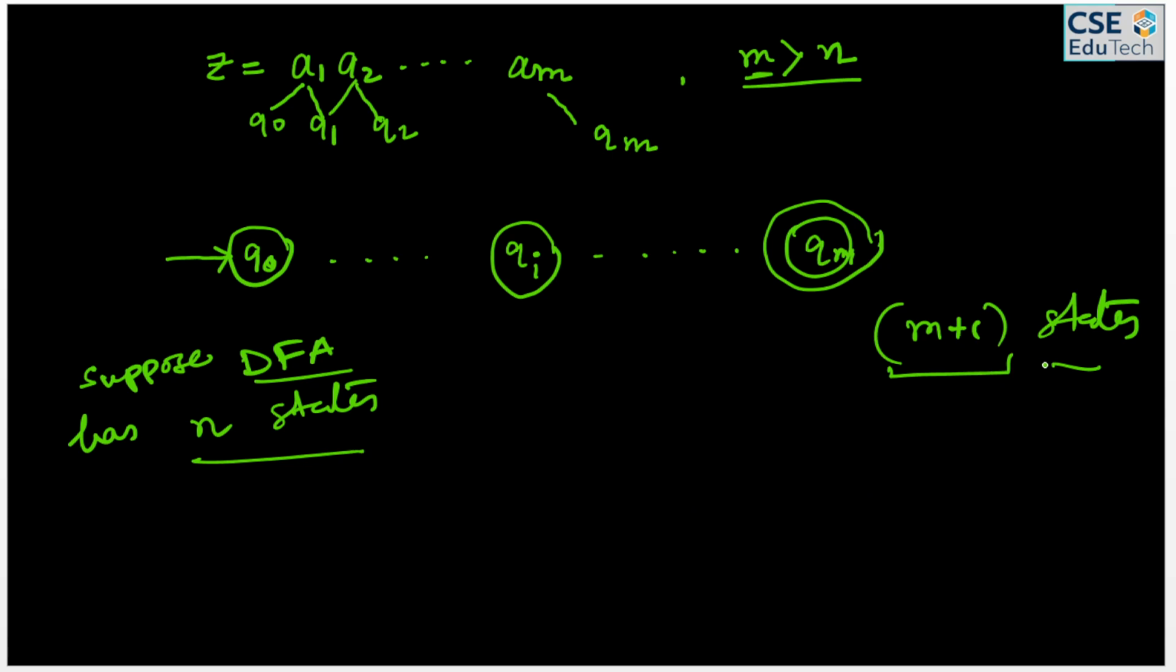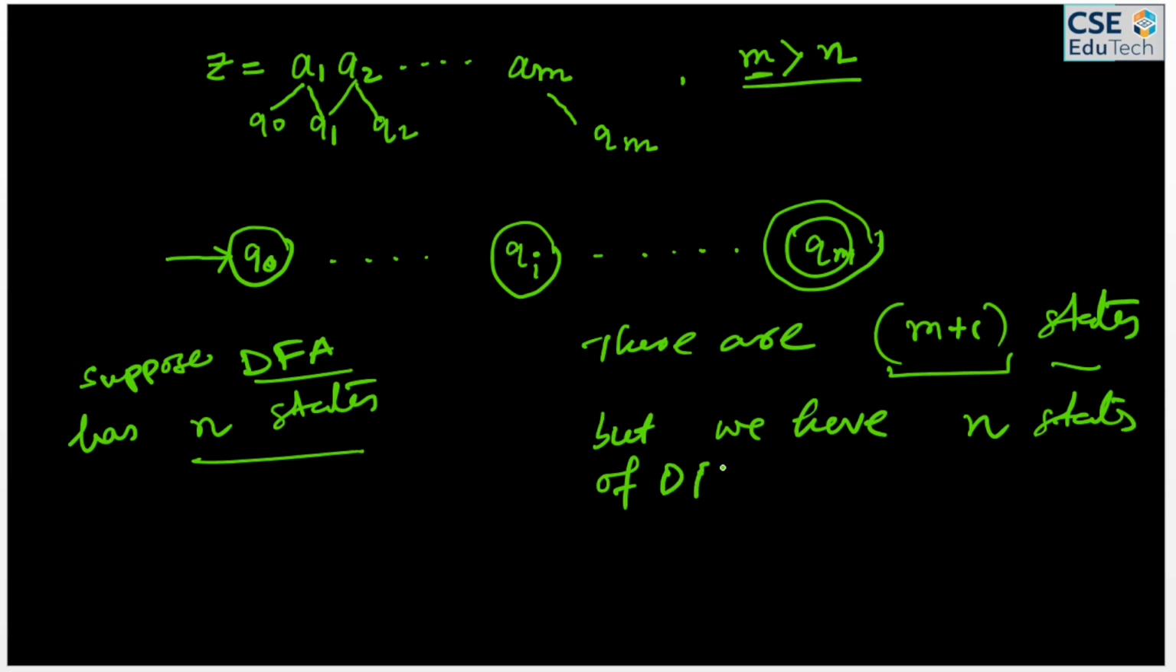Yeah. So M plus 1 states, but the DFA has n number of states. So there are M plus 1 states, but we have n states of DFA, right? So here is the application of the Pigeonhole Principle. That means the number of objects is greater than the number of states. So by the Pigeonhole Principle,